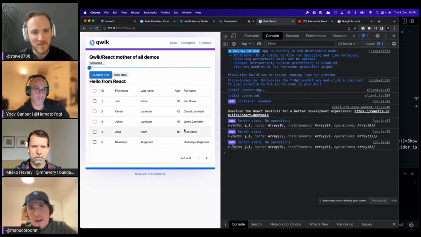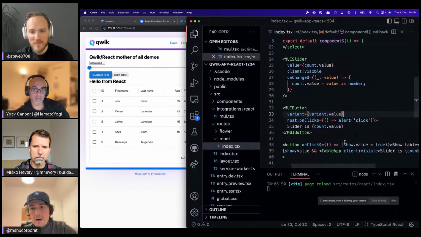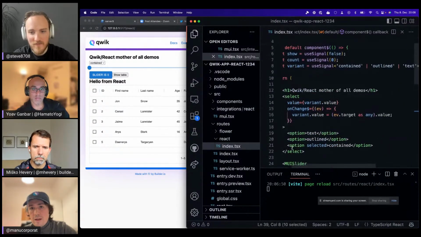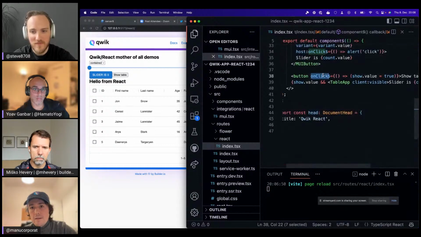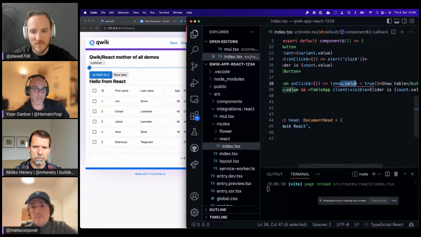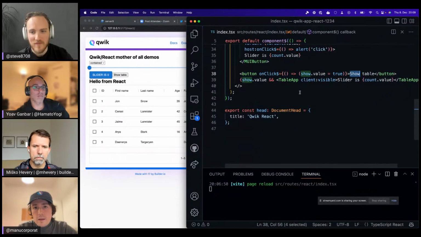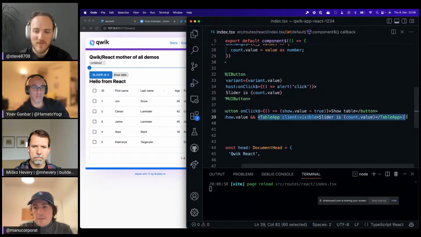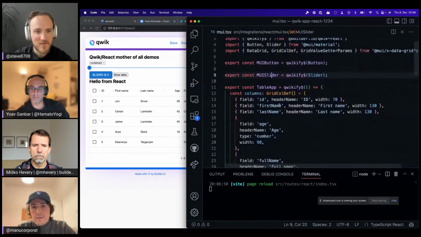Here we are literally mounting the React component for the first time in the browser, right? You just have a show value, which is false by default, and then there is a toggle that flips the value from false to true, show table, and then because of that, I'm rendering this table component.